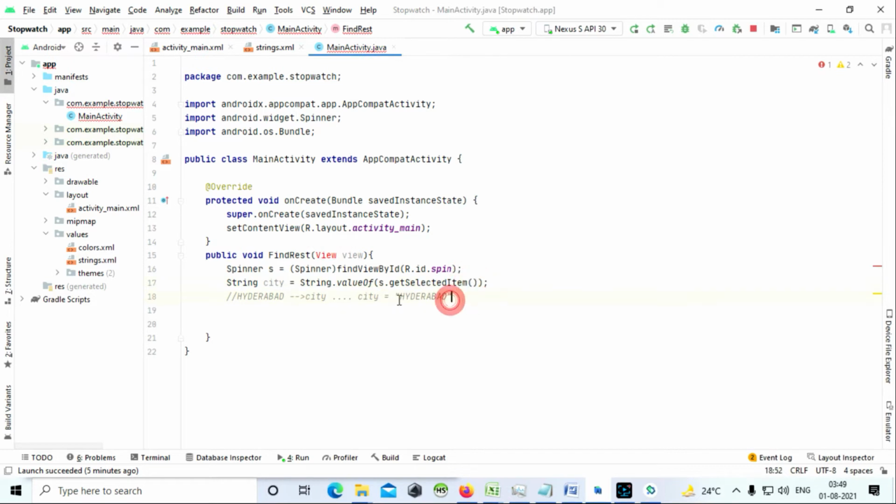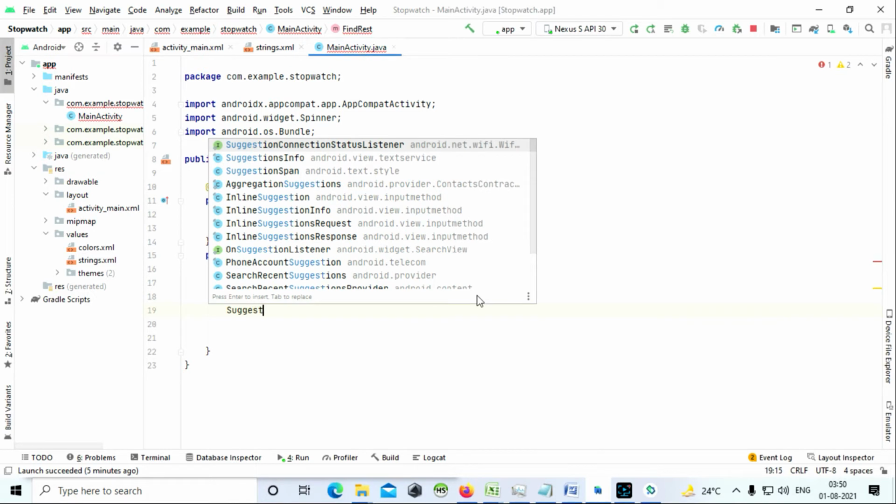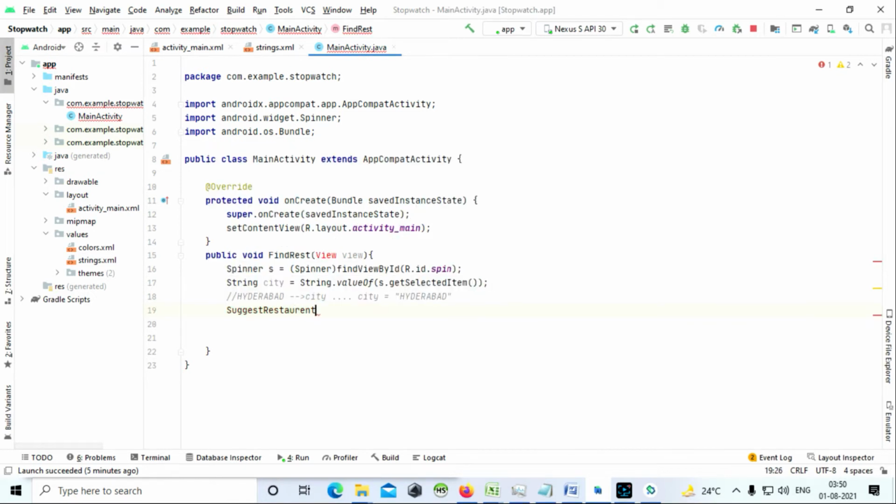Let us pass this city to a method that is going to give us the list of restaurants. You can give it any name, so let me give suggestRestaurants, and in that I'm going to pass city.